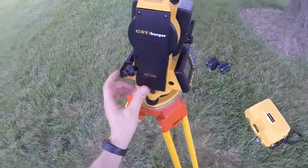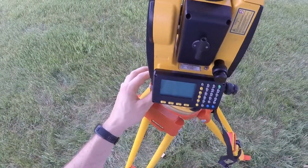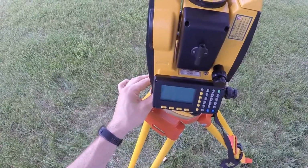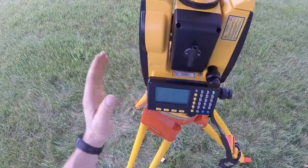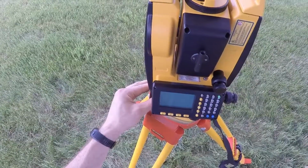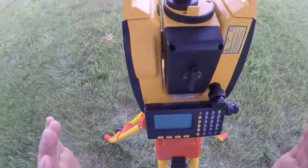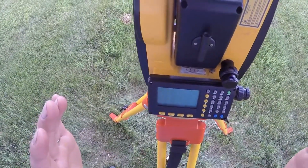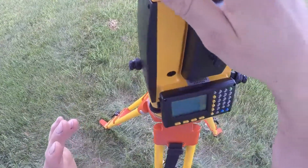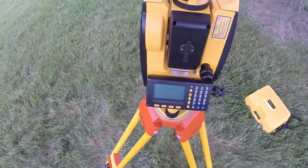90 degrees again, using just the single screw with my left hand. The more you do this, the more comfortable you'll get with the process. I'm going to turn this out to the left just a little bit. Too far, come back. And then back where we started from. We're looking pretty good. So our double check for calibration is 180 degree turn, and that bubble is still within